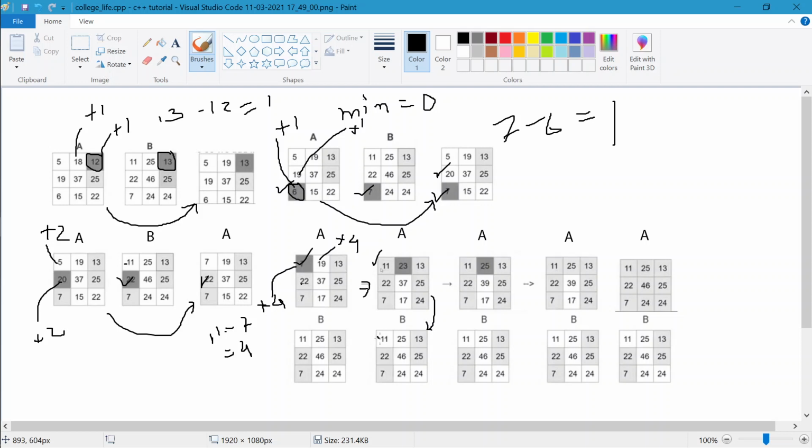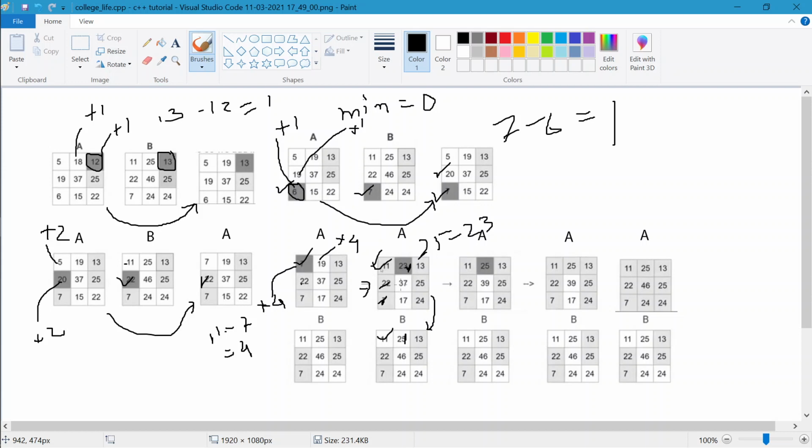11 became equal with 11 and 23 is not equal, so after finding again the minimum, we got 23 as a minimum, and the minimum difference was 25 minus 23. Here 25, here it was 25 minus 23. If you search through all those, you got the minimum. Like 11 minus 11 was 0, so we will not consider it. 22 minus 22 we will not consider, this also not, this also not, so this will get cut.